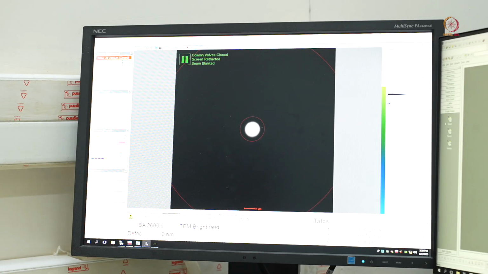Once the insertion is complete, we will switch to the system. Here we'll acknowledge single tilt and then open the column valve to see the beam.